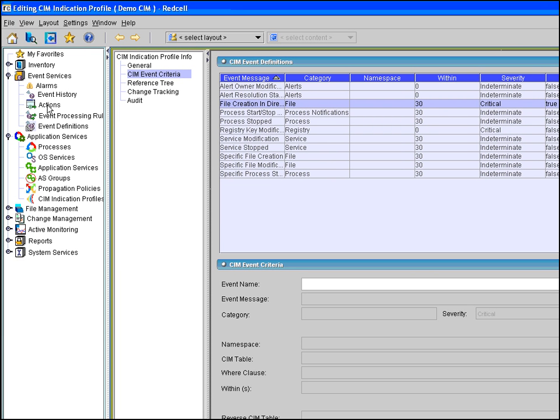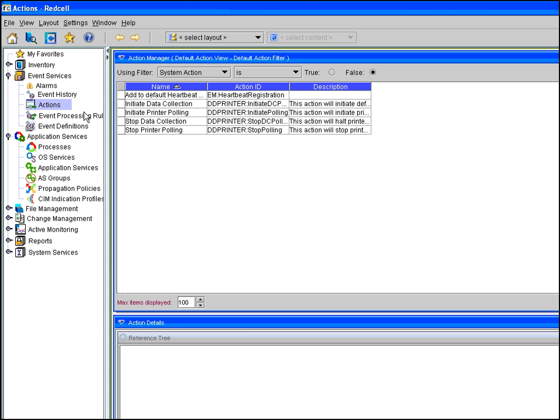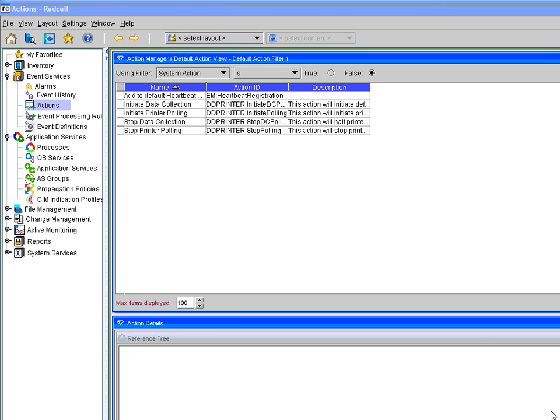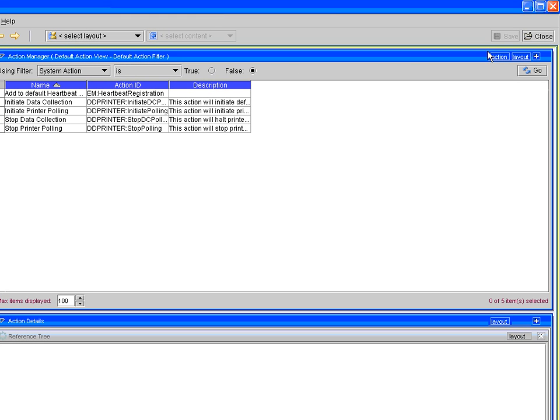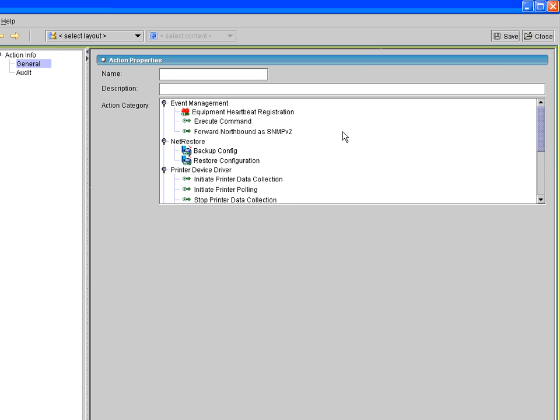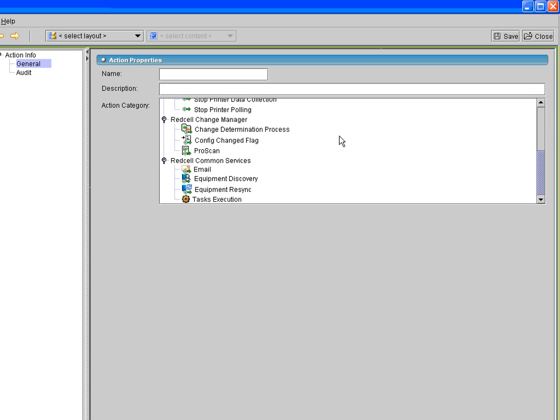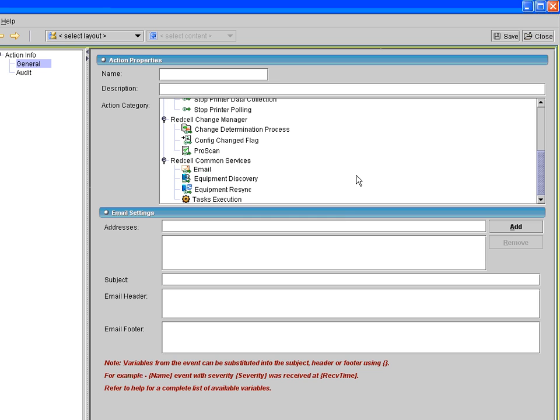Events can trigger actions. We'll add an action that will be triggered by our file creation SIM event. We'll have it send an email. The subject will be